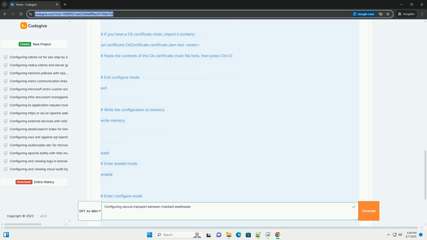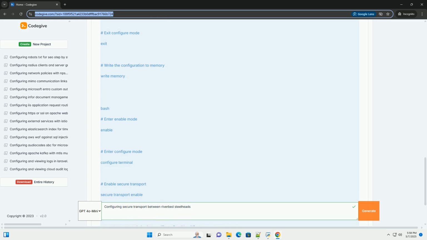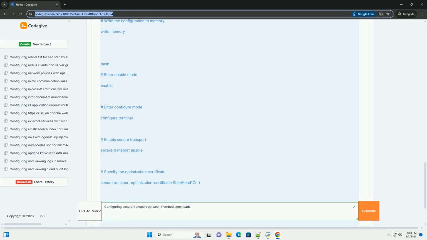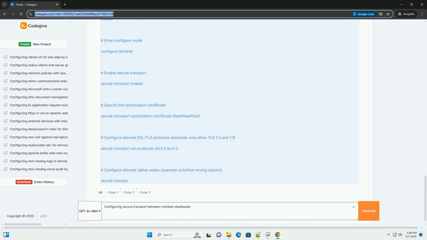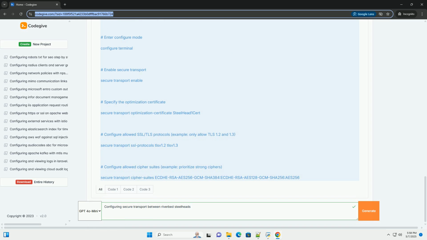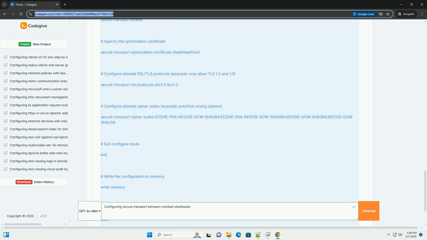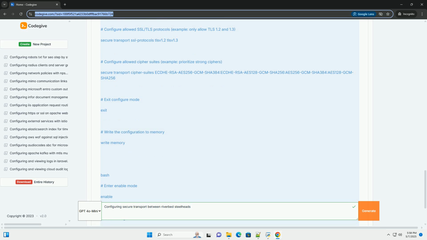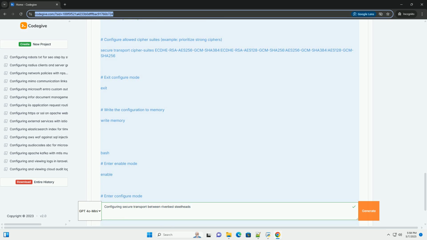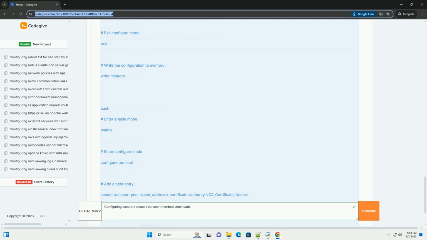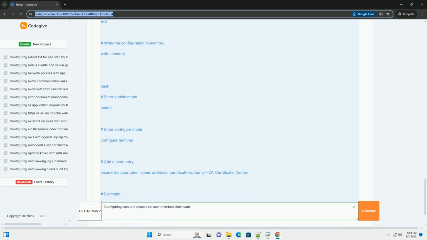Understanding the importance of secure transport. By default, steelheads communicate using a proprietary protocol optimized for WAN acceleration. However, without encryption, this communication is vulnerable to eavesdropping and manipulation. Secure transport addresses these vulnerabilities by: